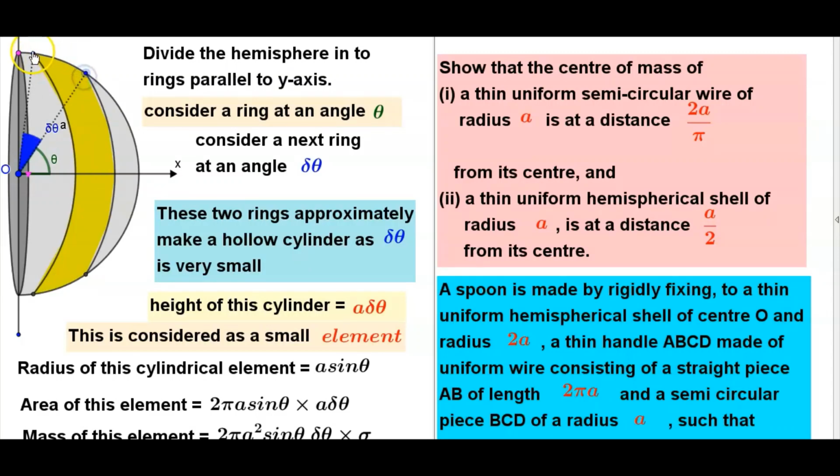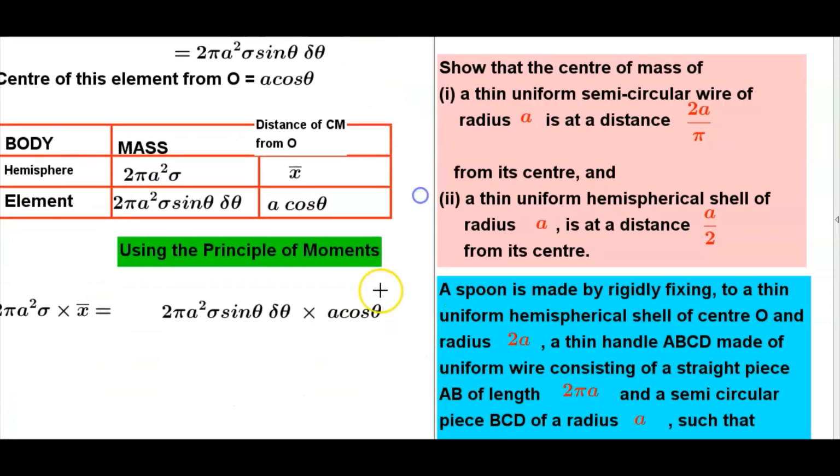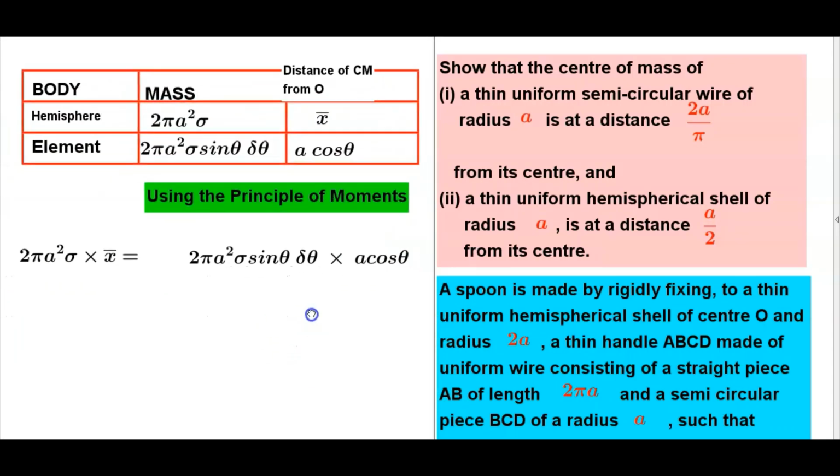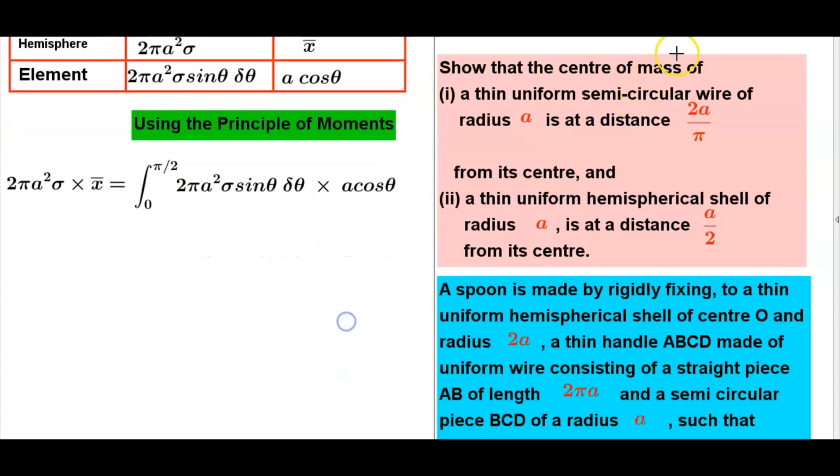Therefore we want to integrate over the range 0 to pi by 2. Two pi a squared sigma into x bar is equal to pi a squared into a cube sigma into